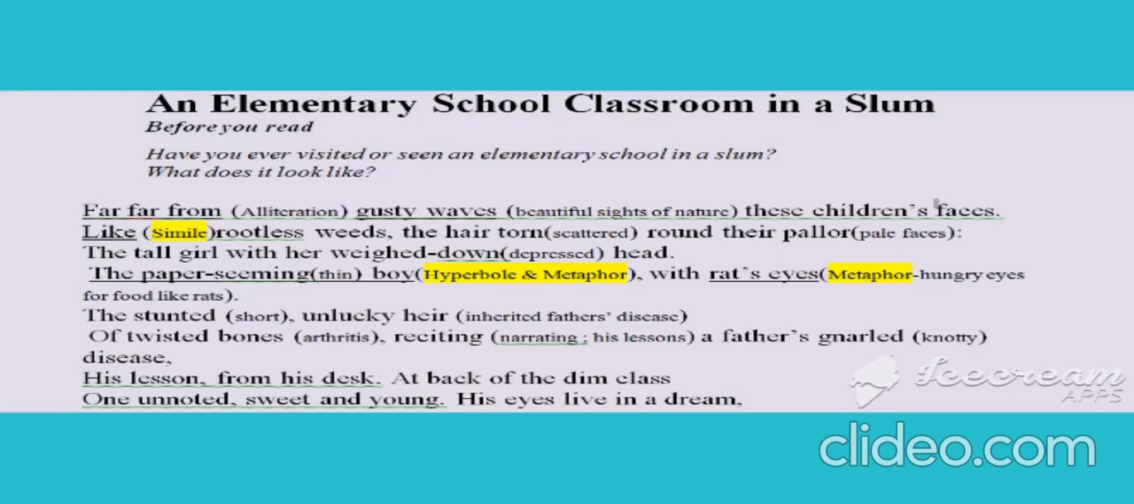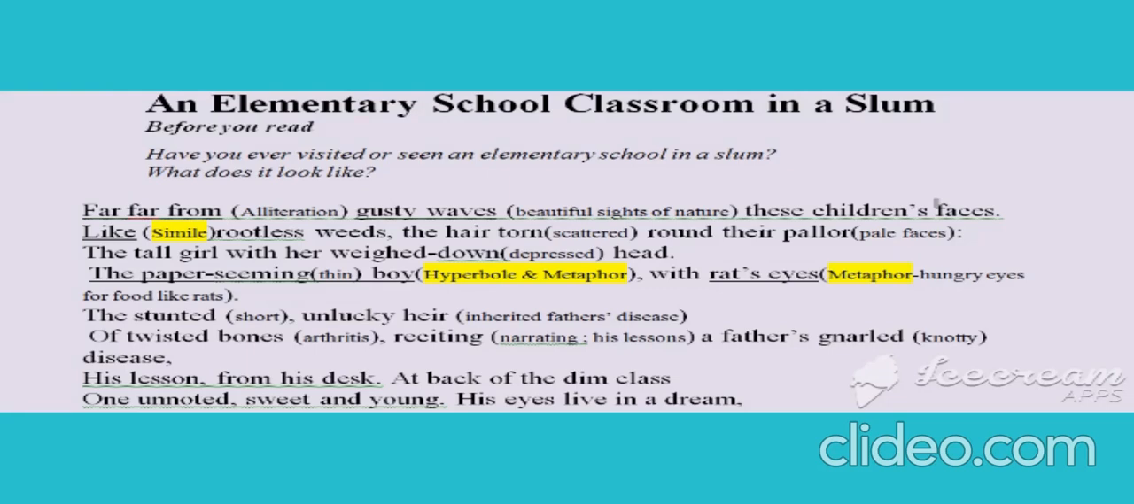So from the beautiful sights of nature, very far away are these children studying in a slum elementary school classroom, and their faces are like rootless weeds. You know about rootless weeds? When the weeds are rootless, they are away from their mother earth. And weeds, here the word is very important because weeds are unwanted vegetation. So these children are unwanted and they have no roots, they are uprooted, and they have their faces,